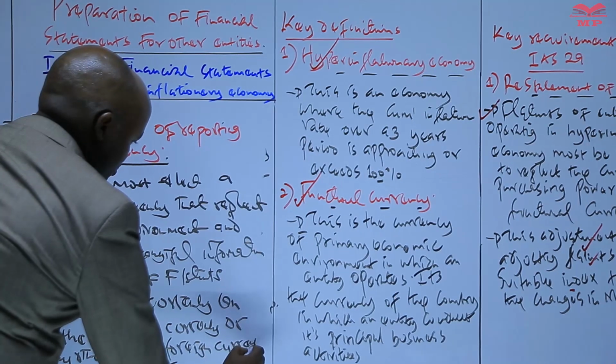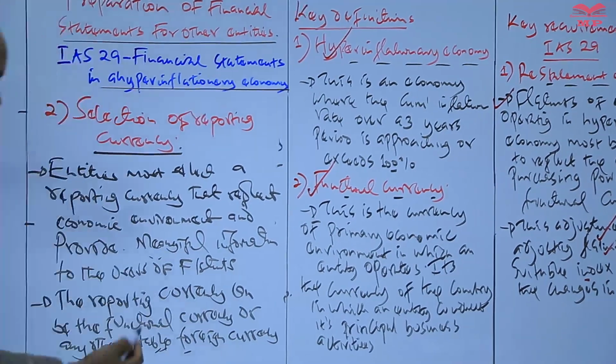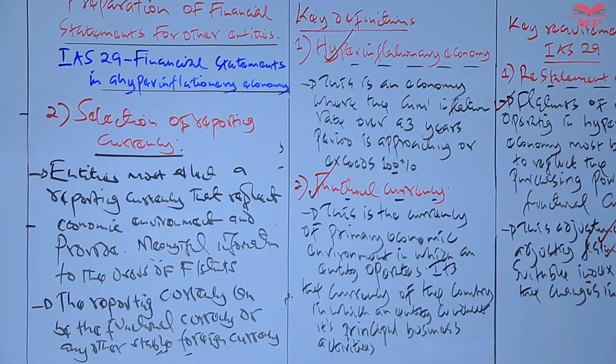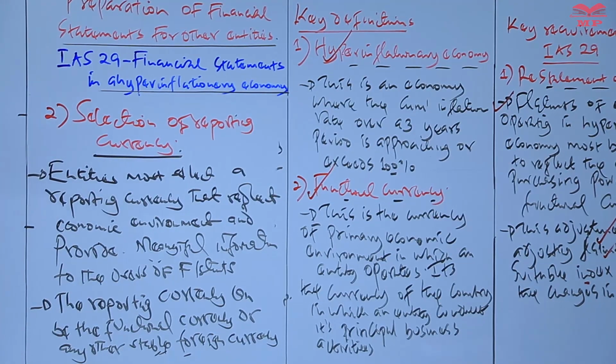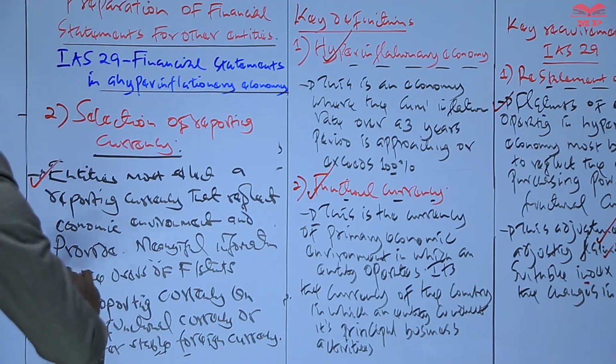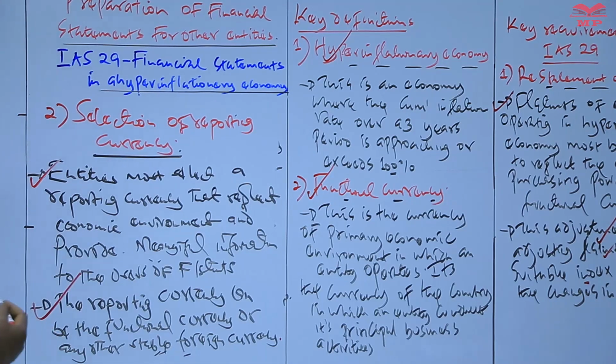When we talk about a stable foreign currency, this is a foreign currency whose value does not keep on fluctuating, maybe due to inflation. So therefore, this is basically the other requirement under IAS 29, that whenever entities are selecting the reporting currency,